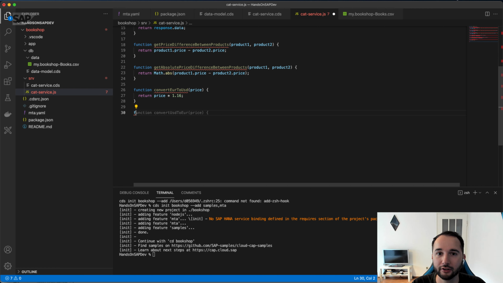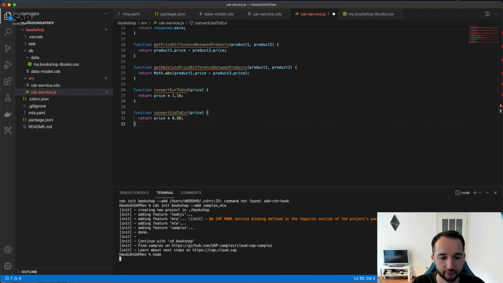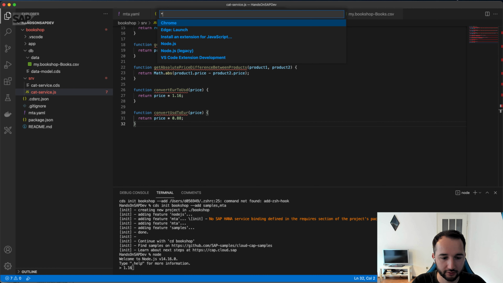It basically already suggests the reverse operation for me to convert USD to euro. So basically here, I accept the name, I also accept this implementation, and then I get a different exchange rate, which depends on the exchange rate I selected up here, but you would also see that if I type it here shortly in the calculator, you can see 1.16